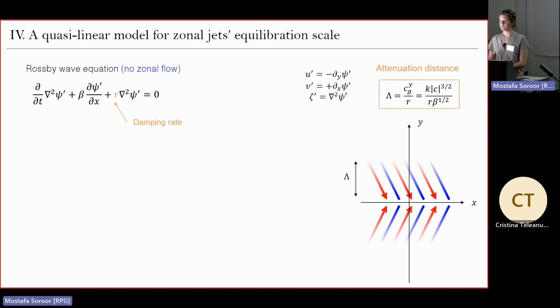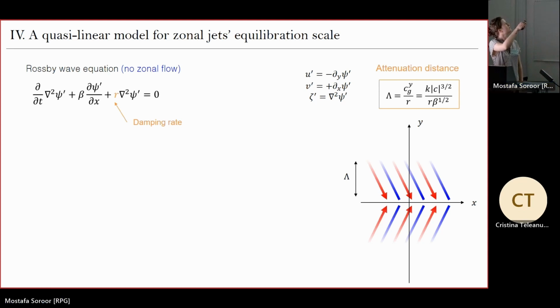Now I will add dissipation on top of this. So I'm just adding a linear damping. And why are we interested in dissipation? It's because as the waves dissipate, they will provide momentum to the zonal flow. So I'm interested in adding this effect because I'm interested in the exchange of momentum between the waves and the